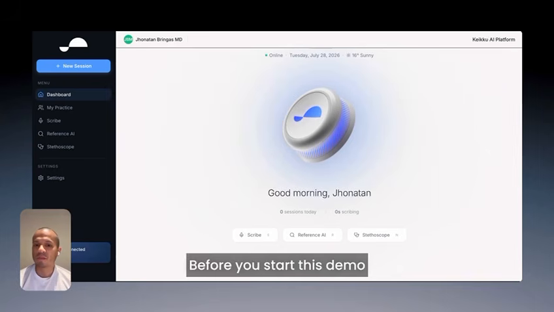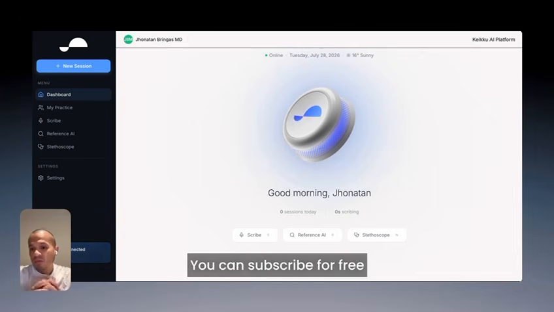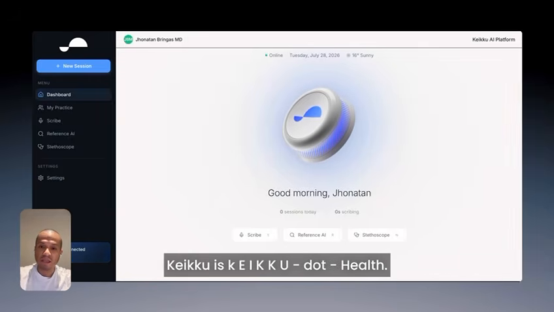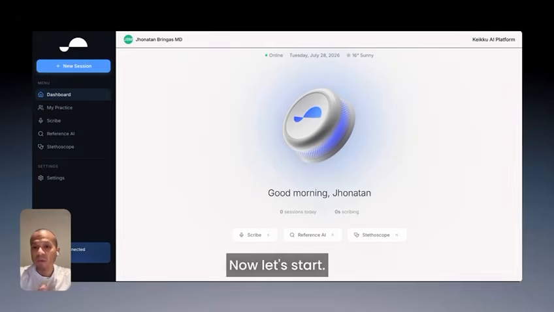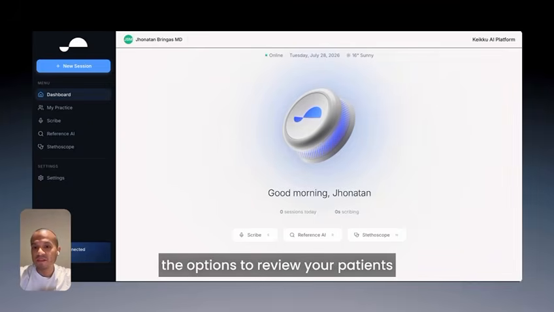Before you start this demo, you will need to have a subscription to the Keikku AI platform. You can subscribe for free on www.keikku.health. Now let's start. Here we are in the main dashboard, and the main dashboard has the options to review